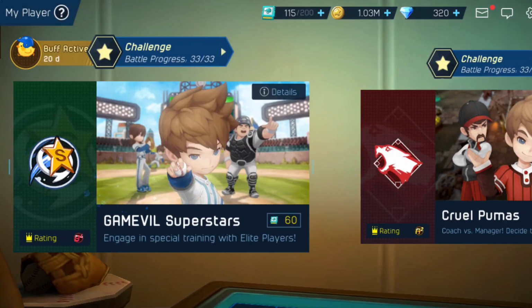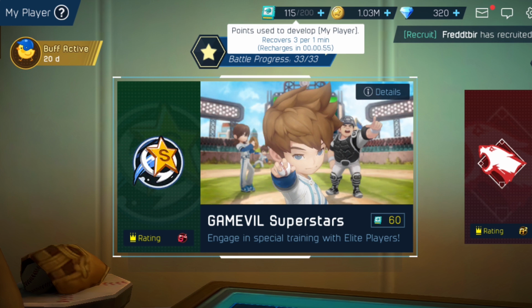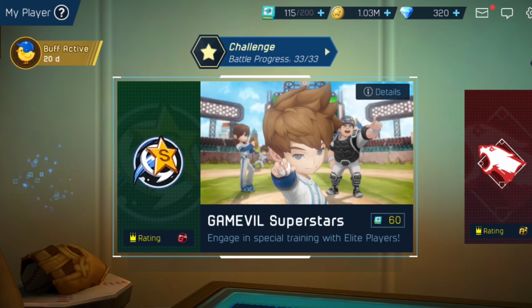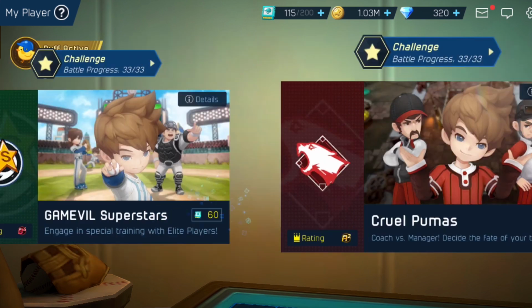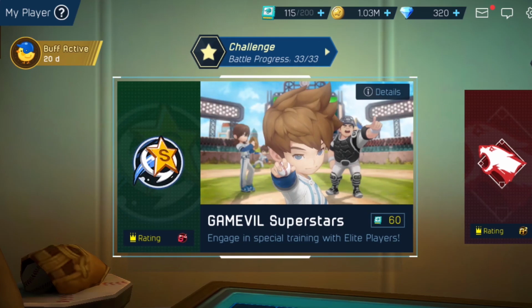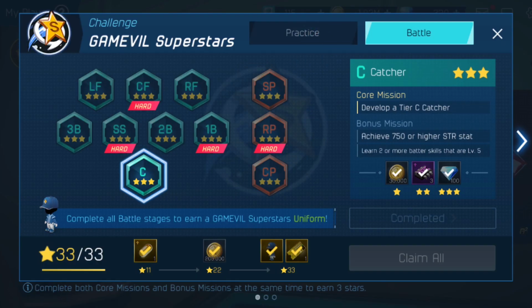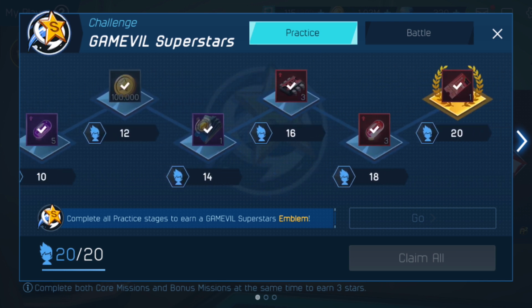So something that I do all the time, if I have extra draft points, I believe that's what they're called, points to develop my player, I will constantly keep something running in the background on one of the main 3. So we have the Gameville Superstars, the Cruel Pumas, and the Shining Angels. I'll always have at least one running, because the initial thing that you have to do is you have this practice mode where you have to build 20 of that type, train 20. And so I'll just, even if I'm not paying attention, I'll run it on auto,